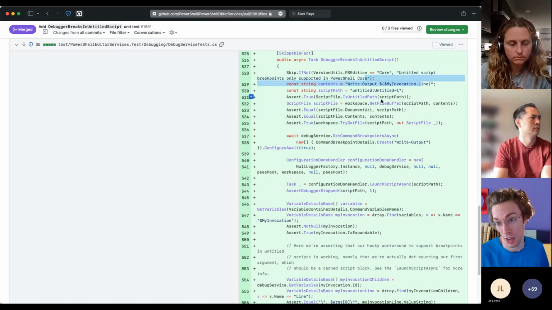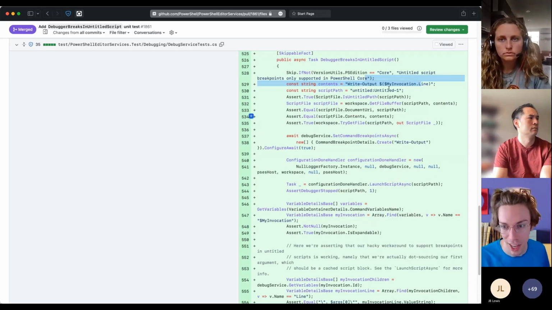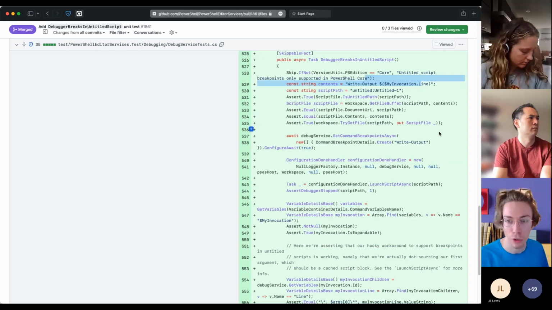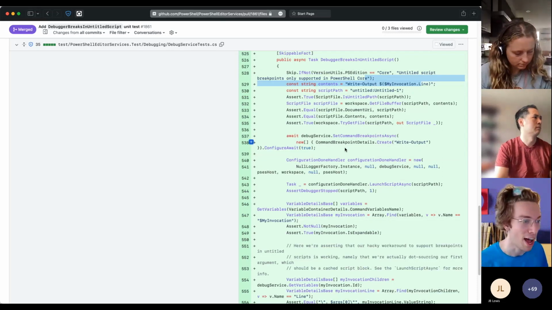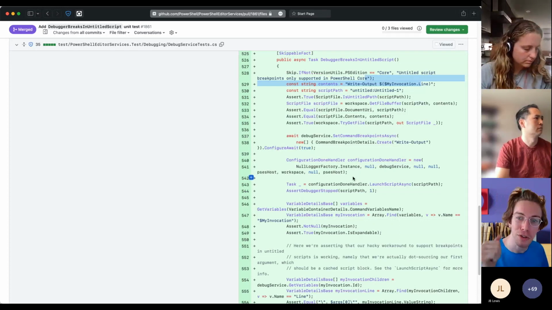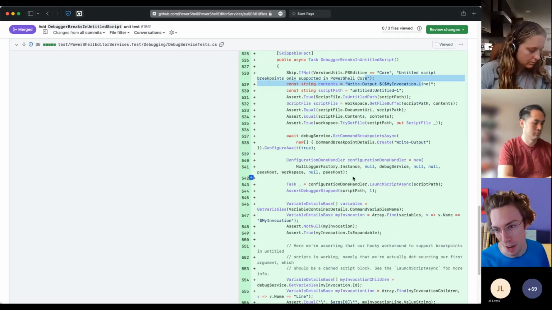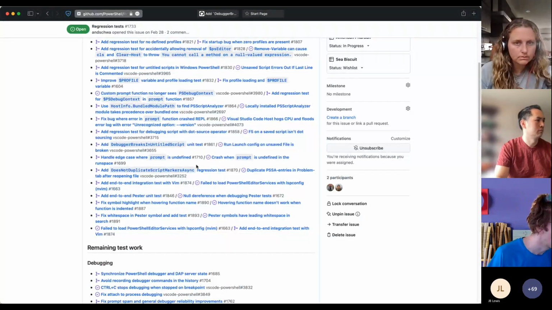Our end-to-end test completely covers that. From a PowerShell Editor Services perspective, we actually send that through, make sure everything is handled. This goes through the same code path. Trust me, I stepped through it just to triple check myself. And yeah, our debugger stops and we'll know if we break that. We should continue to have the ability to support breakpoints in untitled scripts when you're doing that in VS Code. So I really liked that one.